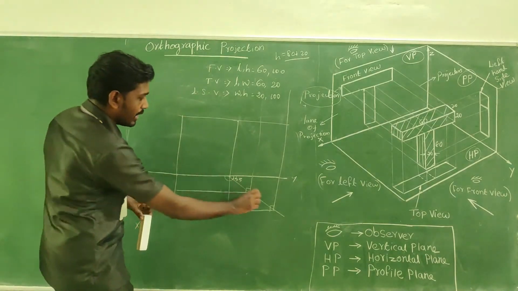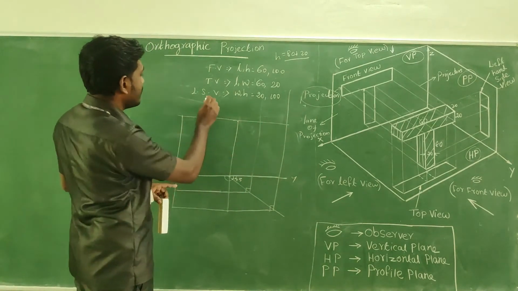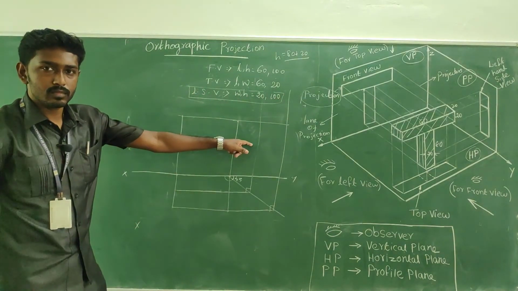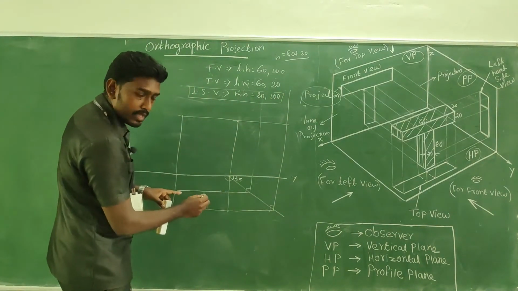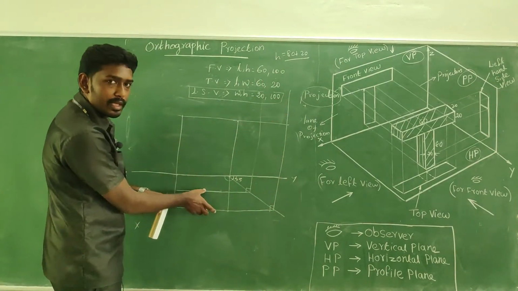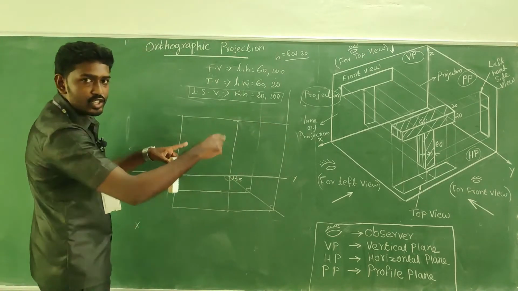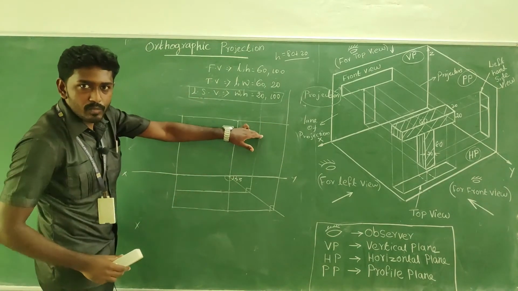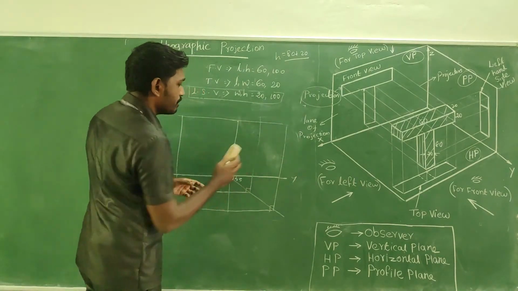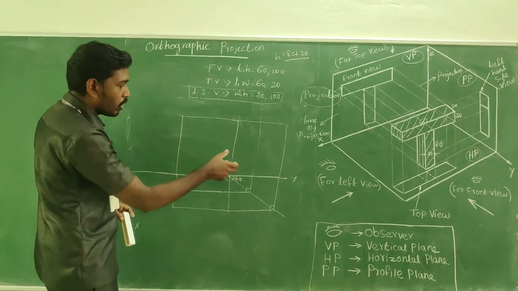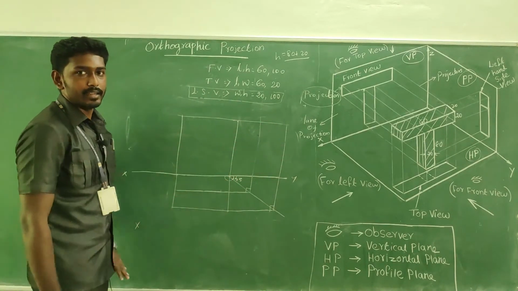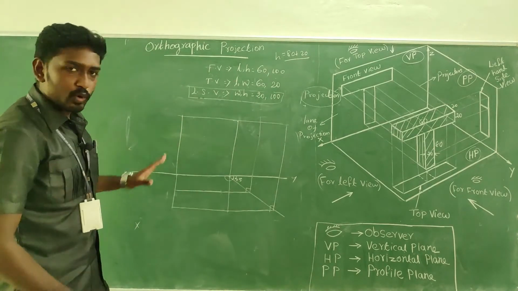Naturally what happens if you do like this, the boundary for the left side will form. If you take a 45 degree line and if you take the 90 degree line like this from the top view, and if you take the horizontal line, naturally for the third view we can form the boundary, right? This is the boundary for the left side view. If you have doubt, just measure it, you will get the same size, 20 into 100. Fine. So the boundary work is over.